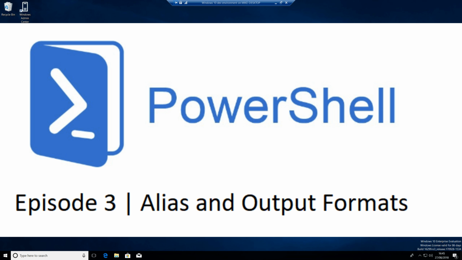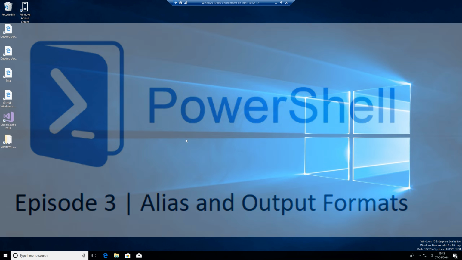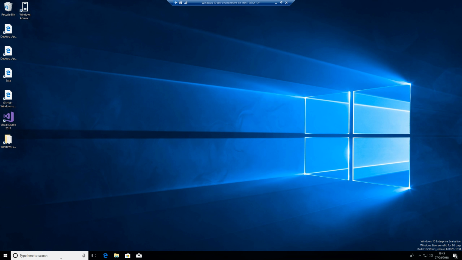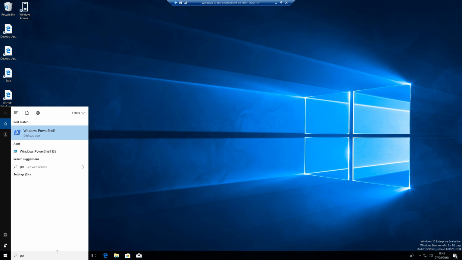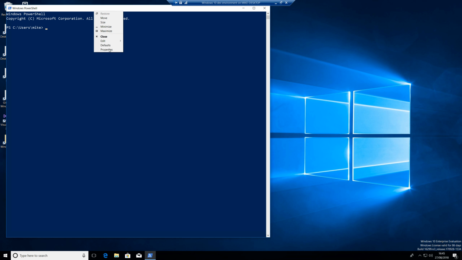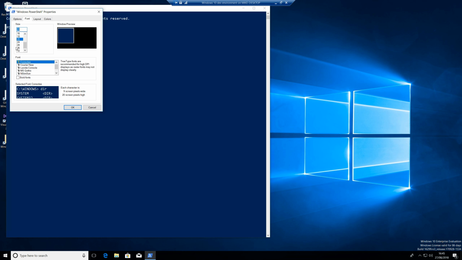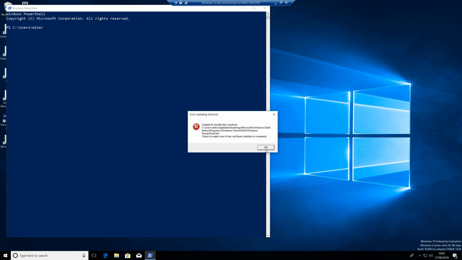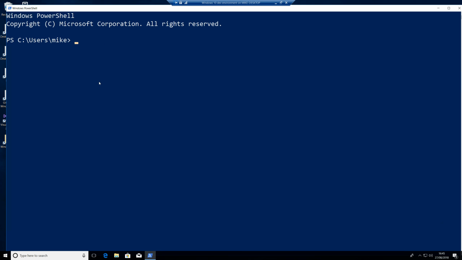So, in this episode we're going to be talking about aliases and output formatting. So let's quickly bring up our PowerShell shell. Let's go and make some of that text a little bit bigger so it's easier for everyone to read. Okay, so within PowerShell we have quite a lot of commands, but we also have this concept